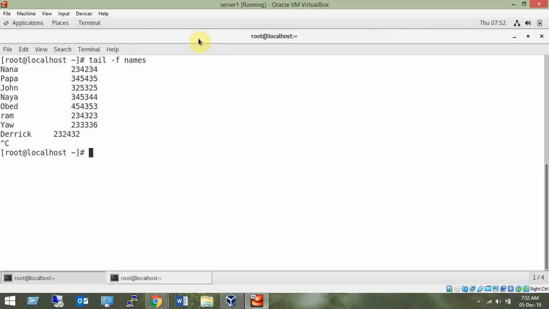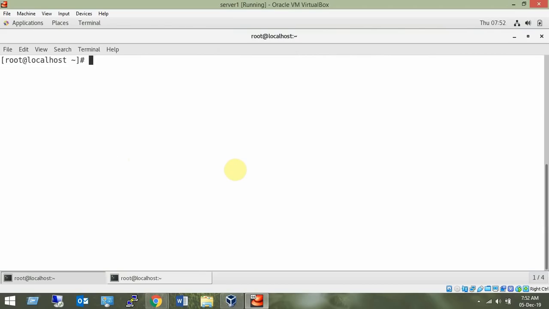Application of this is when you are actually monitoring your logs. Our objective is MySQL server. Sometimes what is happening is you are starting your service, MySQL service, it is not starting. Sometimes you are issuing a command and it is not working. Good point about Linux is that it records every message.